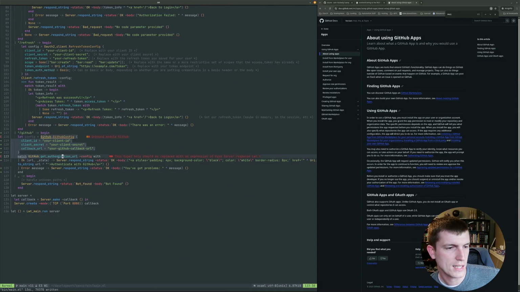I don't think we need get authorization URL. Well, we probably still need user initiated authentication. So we probably still need a get authorization URL, right? Because we're probably going to need to generate an authorization URL, pass that back to the developer, and the developer will put that in like a button. Like they'll use Tailwind or whatever they're using to create a little black button with a little white Octocat logo on it that says authenticate with